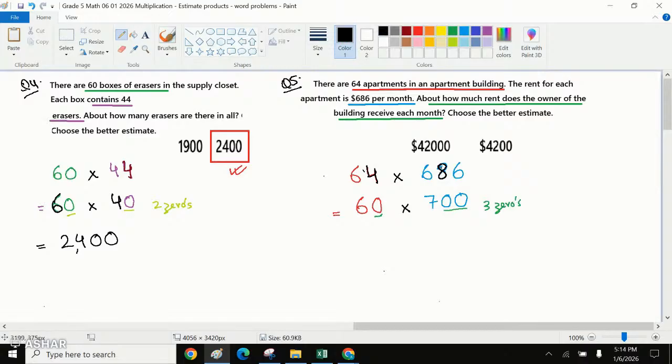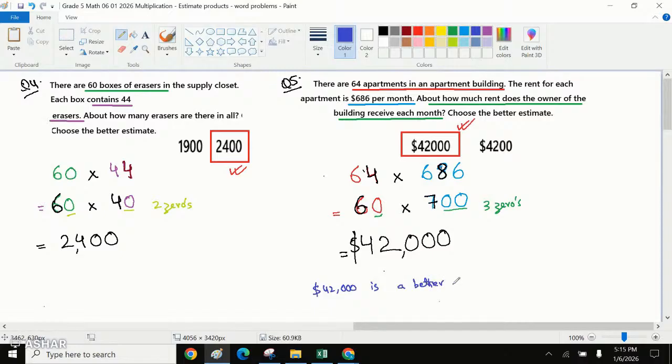We have total 3 zeros over here. Okay. And we can say 6. What is 6 multiplied by 7? 6 multiplied by 7 is 42. And we have 3 zeros. So that means dollars 42,000. That means the estimated value is $42,000. You can give your answer in a statement as well. You can always give a statement at the end stating that $42,000 is a better estimate